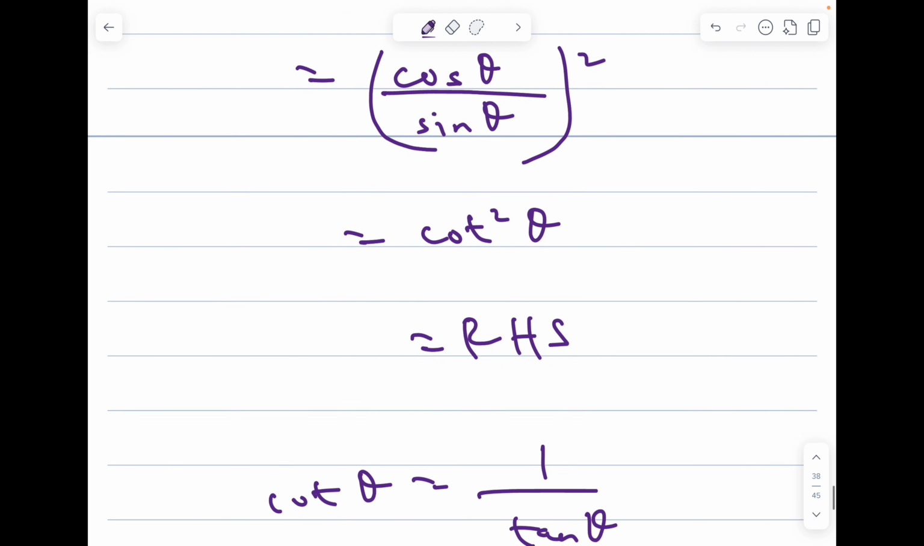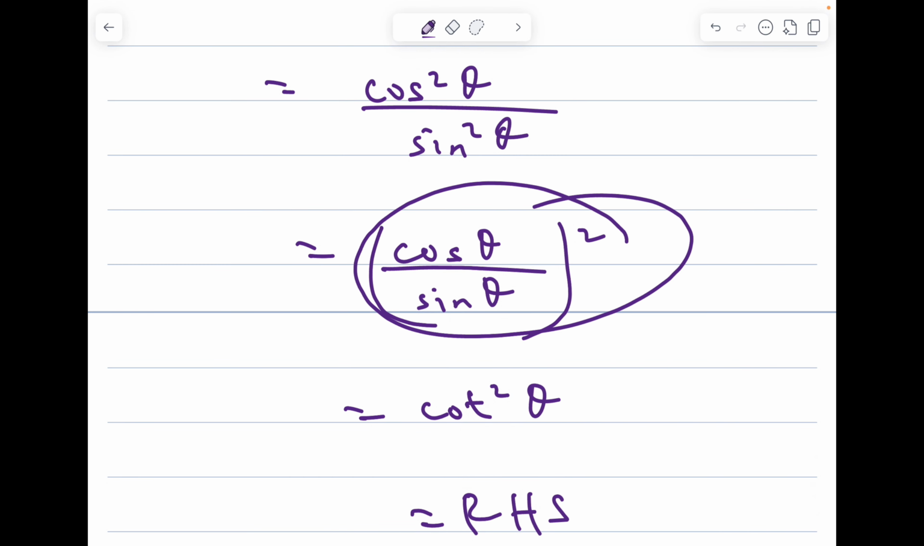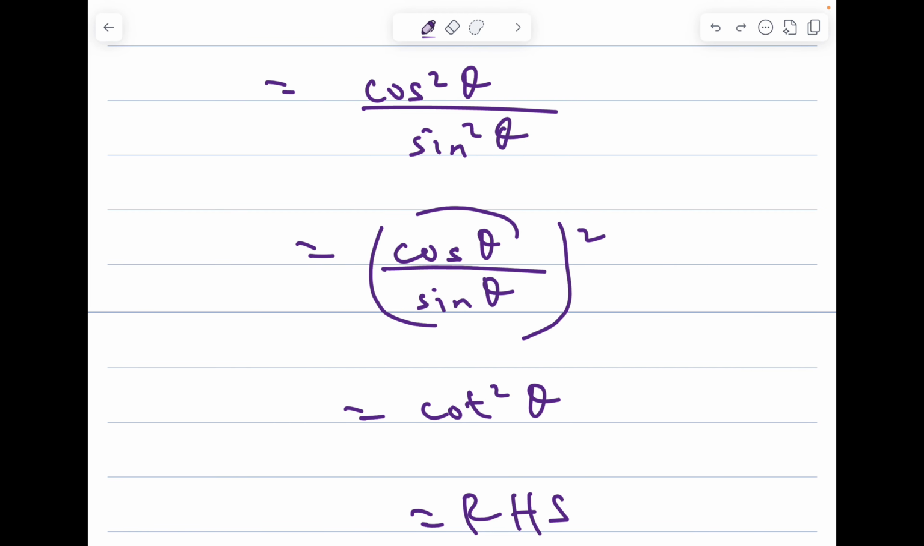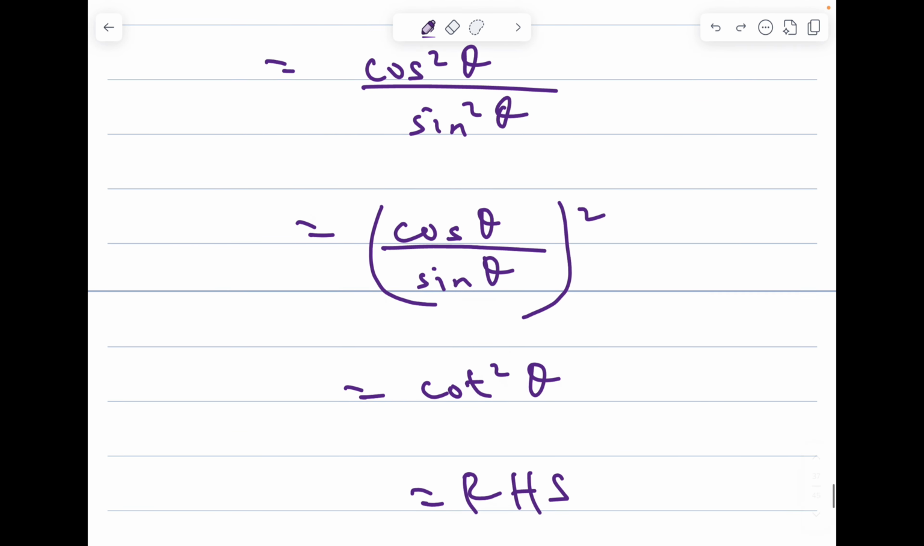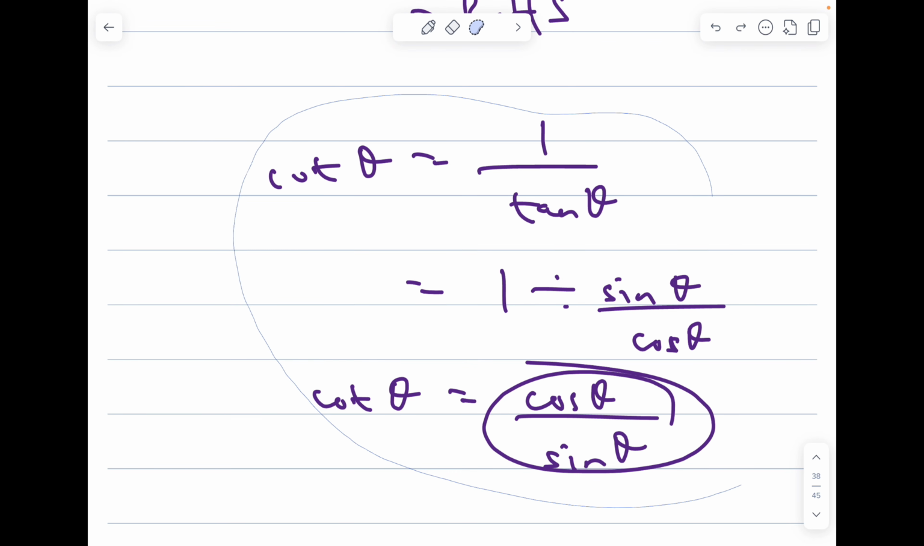So now, the square of that will be the same as cot square theta. Cot theta is cos theta over sine theta. That means the square of cos theta over sine theta is cot square theta, which is the right hand side. And that's it, very, very simply. Now we go to the second